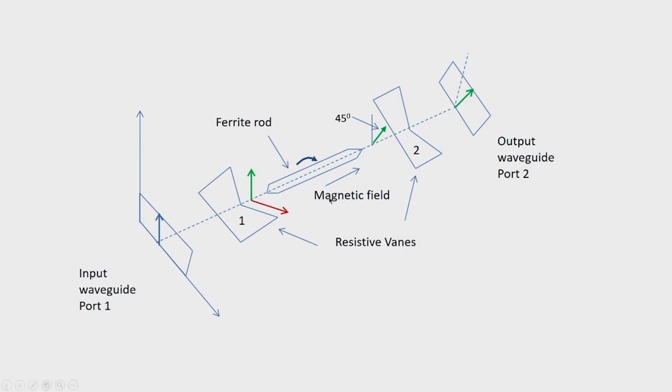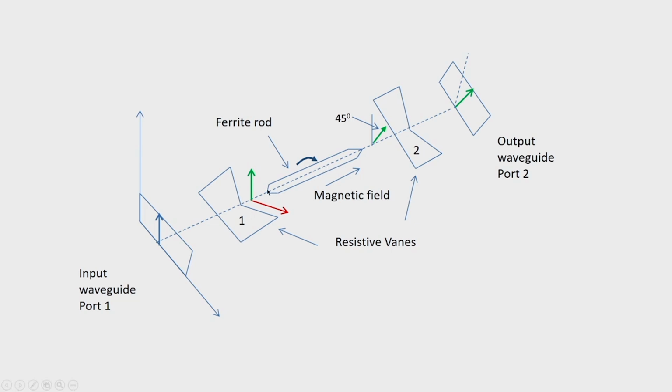Please note that bias in this case is opposite to the direction of propagation. So, with respect to the wave propagation, the rotation will be now counterclockwise, and as a result, after